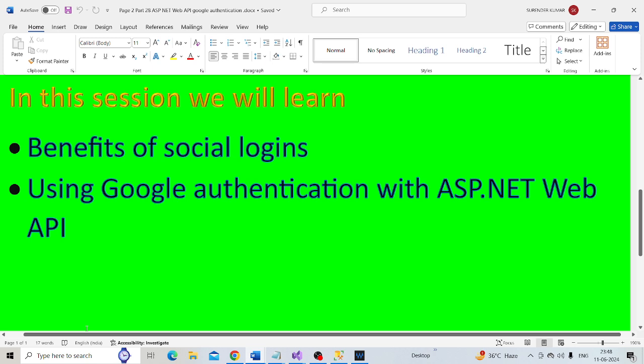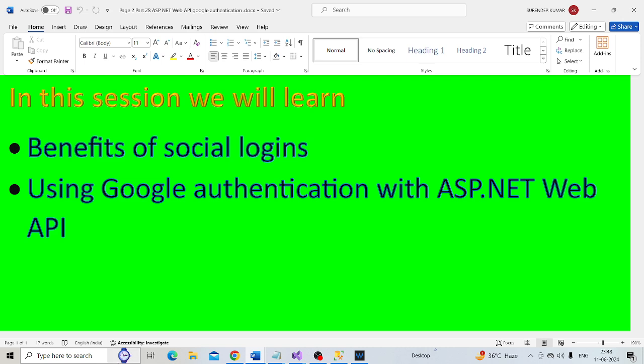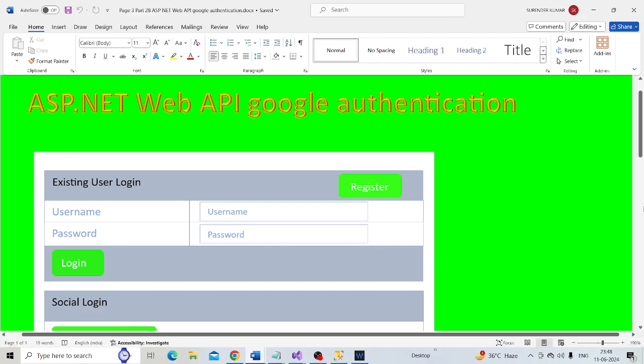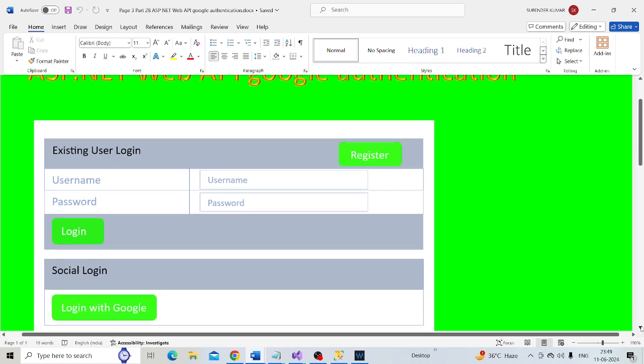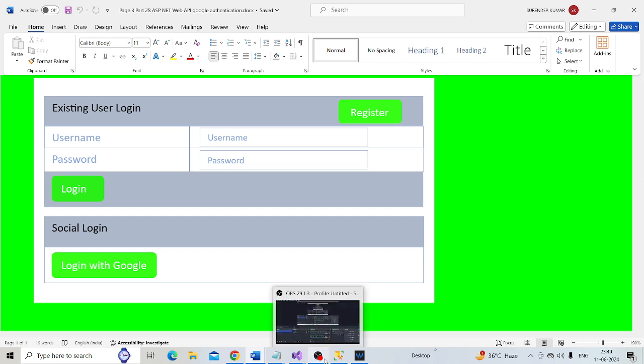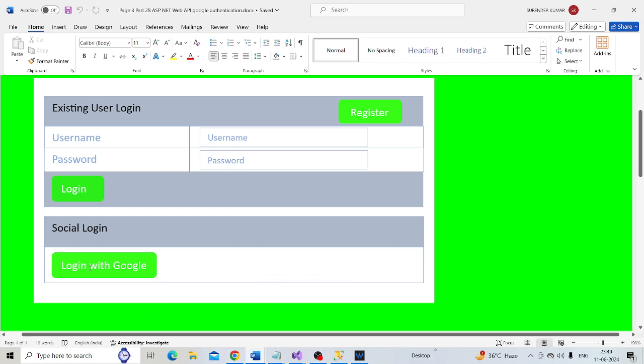So here is what we want to do on our login page. We want to include this button, Login with Google.